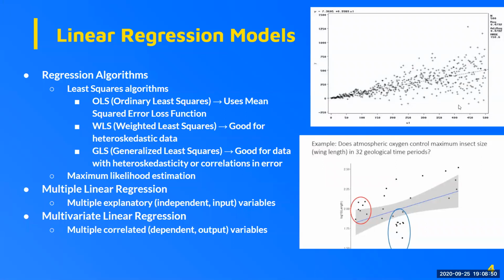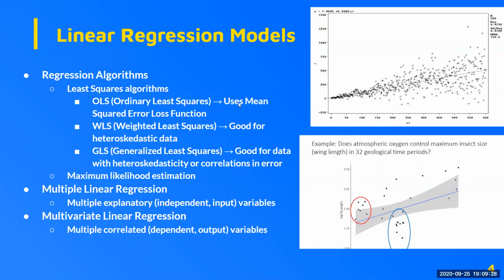If you record real life data from real sources, this can happen due to different factors. But the important thing to consider is that this is bad for ordinary least squares. It doesn't perform particularly well when you have this type of data. For this, you might want to consider using weighted least squares, which is pretty similar to ordinary least squares, but it just adds weights onto the